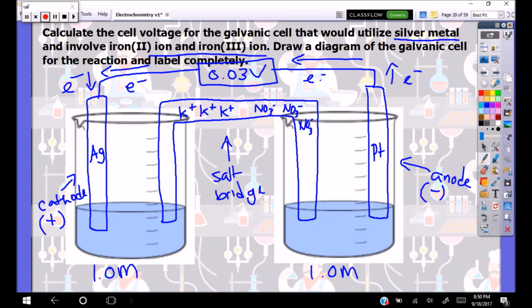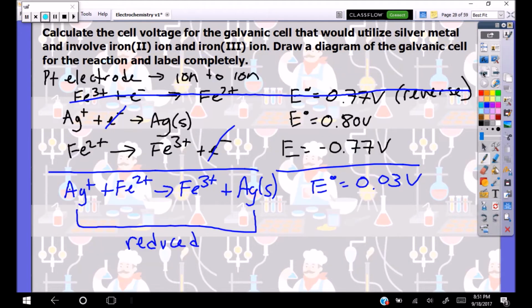So in solution, we know we have to have a bunch of silver ions. Okay. And on the other side of things, if we go back to our equation, we see that